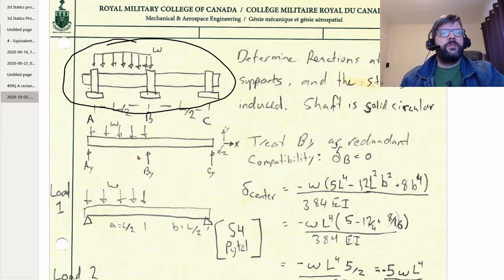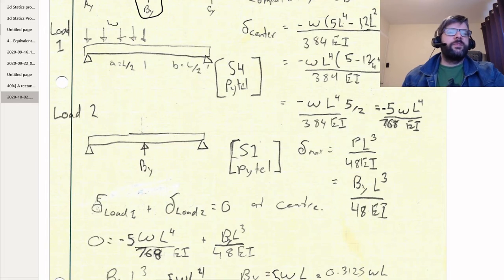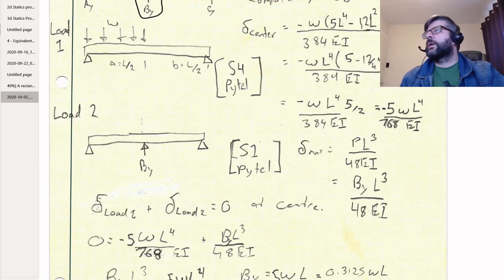The easiest way to go about doing this is to treat this reaction here as redundant, which basically means that we treat it as an external load. So our compatibility condition needs to be that the total deflection at that point needs to be 0. And then we just go ahead and find suitable cases